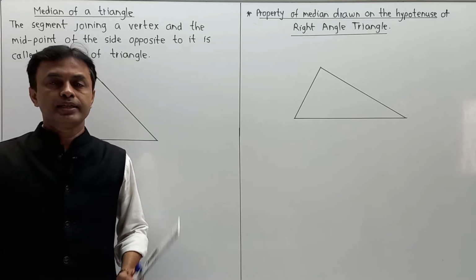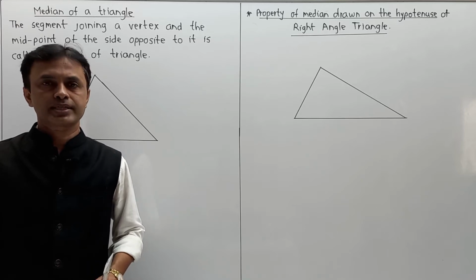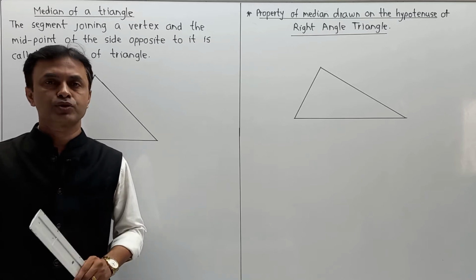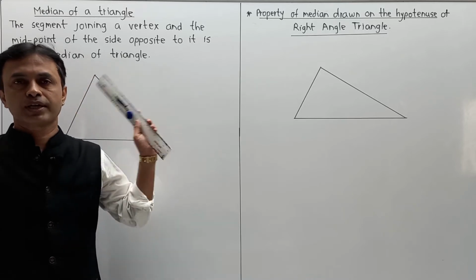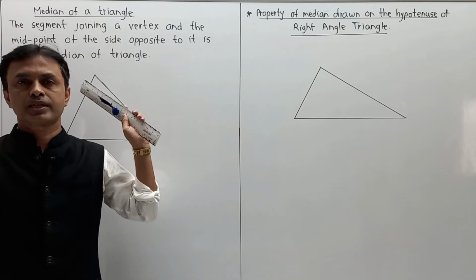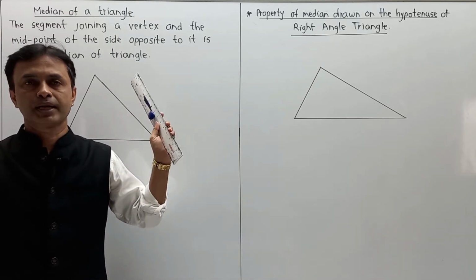Now student, in this part we have to understand some of the property, and the concept is called a median in terms of a triangle. Now what is exactly a median and how it is used, or what are the properties of that median, we have to understand over here. So we have taken two examples over here. One is called a general triangle and the second is called a specific triangle. Now what does it mean? Let me clear over here.